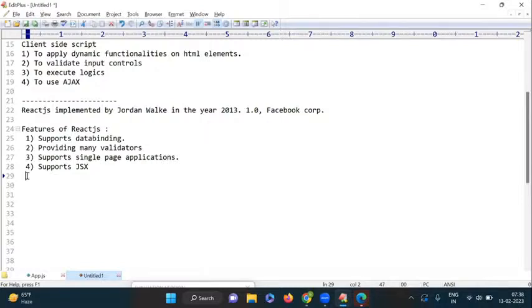So generally we are writing JavaScript in one location, HTML in another location. So from JavaScript we are calling the HTML controls by using document.getElementById. These functions we are using. But in this JSX format, we can combine these two. That is the main advantage of this. Okay. So React supports JSX. Next one. Supports